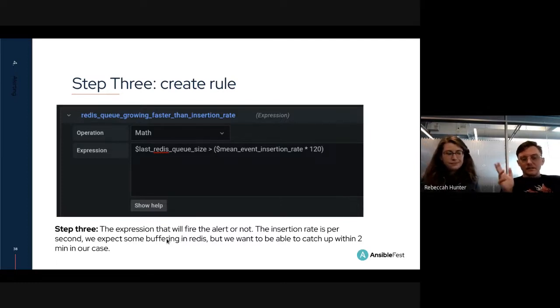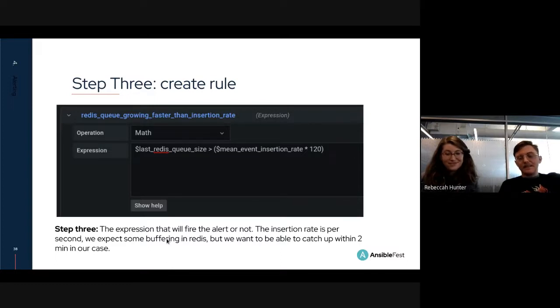So like I said, we've got these variables. So we've got $last Redis queue size, because we're referring back to the variable we defined earlier. What this expression is saying is, when the Redis queue size is greater than the event insertion rate, which the units of mean event insertion rate are essentially events per second, right?